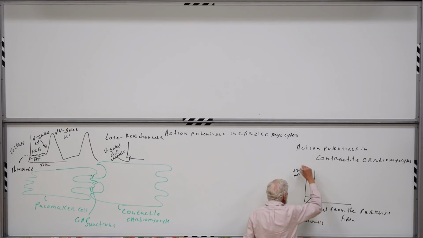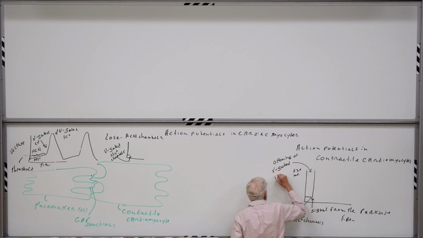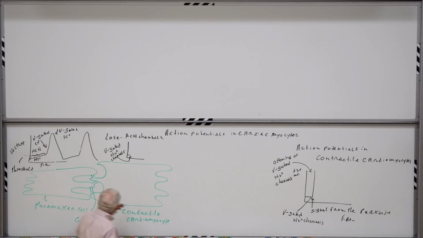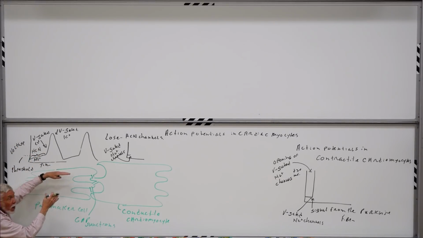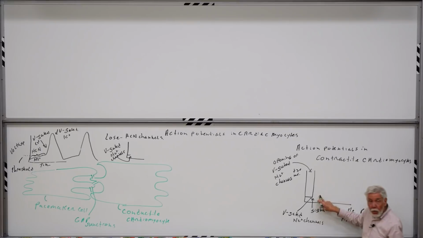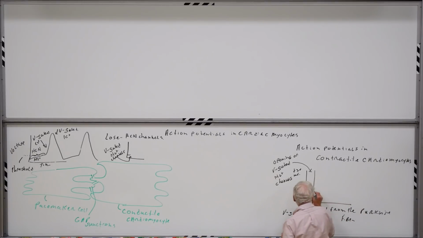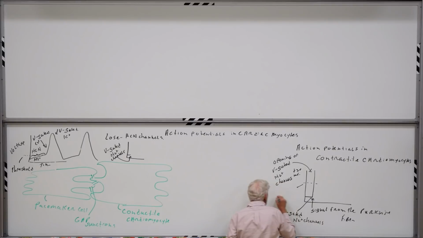This rapid rise is due to the opening of voltage-gated sodium channels. We simply, back here in the pacemaker cells, did not have any of these voltage-gated sodium channels to use. And we were dependent upon the low rate of rise to generate variability in the heart rate. But once the action potential reaches this point, now we're applying positive charge, so we very rapidly admit the sodium, depolarizing the membrane, very rapidly bringing the membrane potential to threshold